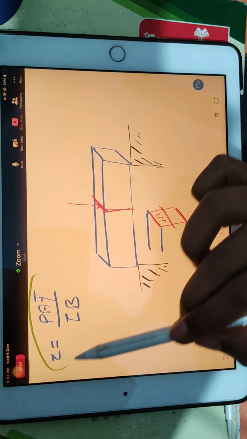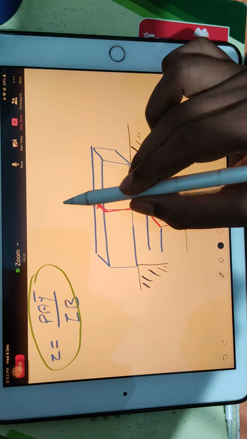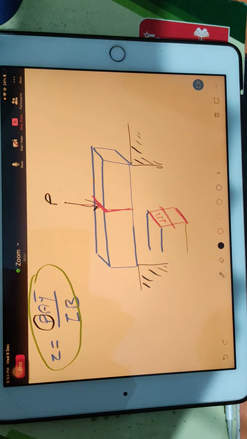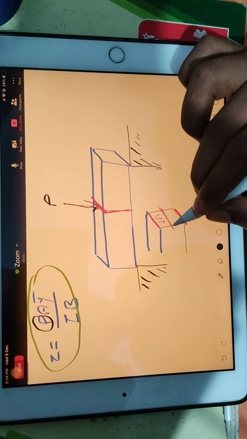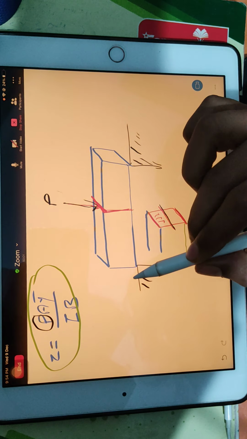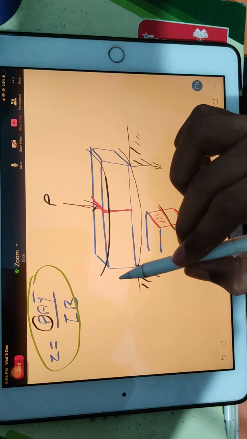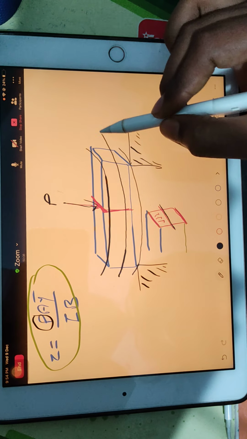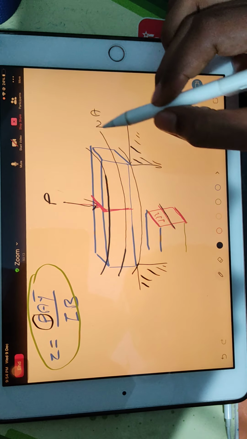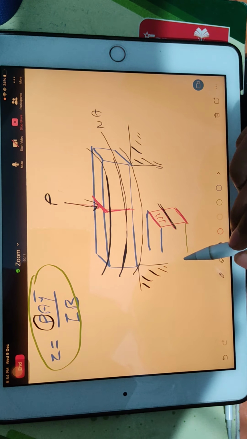Which formula? This formula. Now let's understand the physical feel of this formula. So see, whatever load you have applied, that load is P. P is clear. Now what is Y bar? So see, this axis will be neutral axis. Why? Because this side will increase in length and this side will decrease in length. In between you will be having one axis, that is neutral axis. Length will neither decrease nor increase. So that neutral axis I am drawing here.